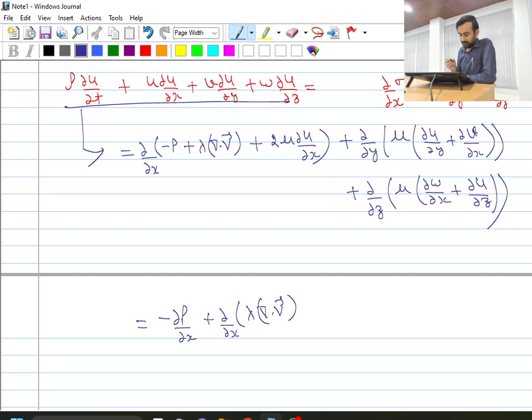And lambda I can now substitute as nothing but minus 2 by 3 mu, because I am applying the Stokes hypothesis over here. So minus 2 by 3 mu times divergence of velocity vector plus,